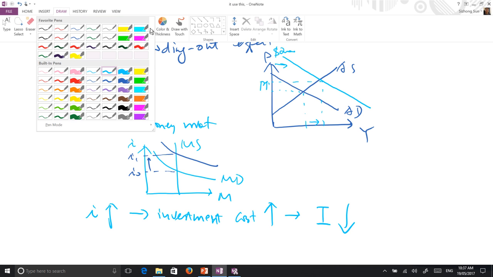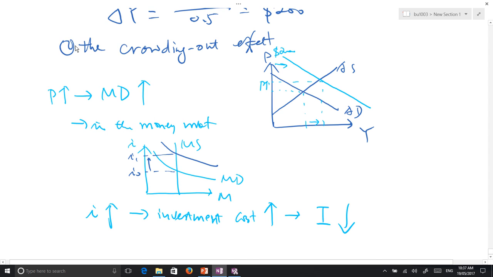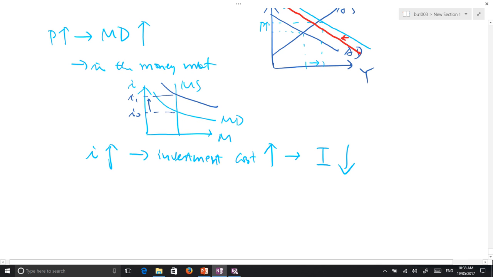Due to this crowding out effect, the shift of aggregate demand to the right by $200 will actually be less than $200, will be something like this. So the aggregate demand will shift to the left by a little bit. And usually we see that the net impact will be to shift the aggregate demand to the right, increasing the aggregate demand. All right, so that's fiscal policy regarding spending,